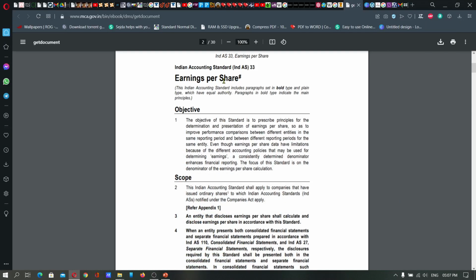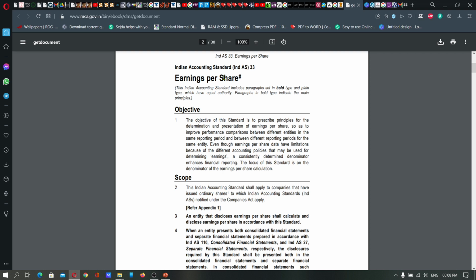Next one, Indian Accounting Standard Ind AS 33, that means earning per share. You will learn in detail about earning per share in the further accounting classes and in your next semesters. Earning per share means, from the term itself we can understand, the earning that has to be earned by a shareholder